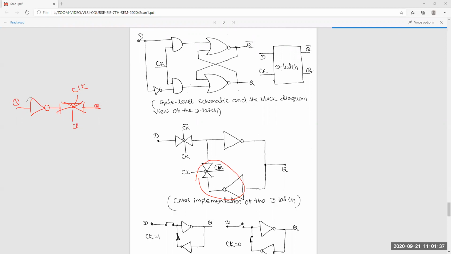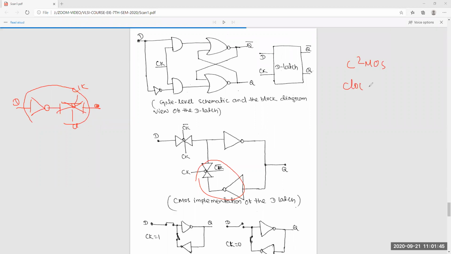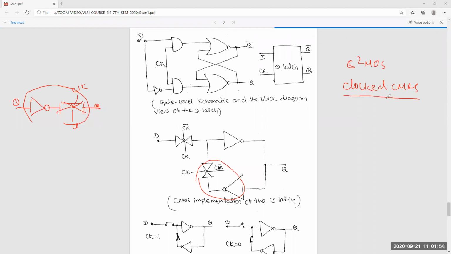So these things you can also implement in C-square logic, C-square MOS, that is clocked CMOS. Sometimes it is called C-square MOS or clocked CMOS. Same thing, these two we can also implement in this way.